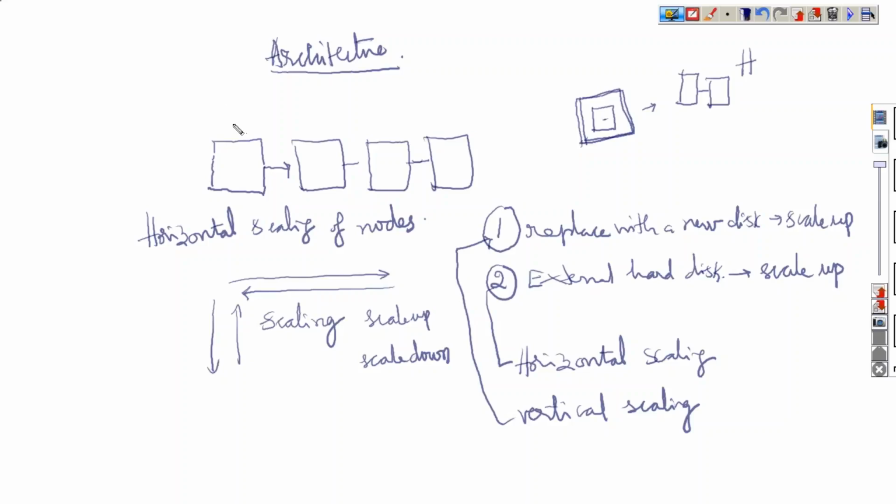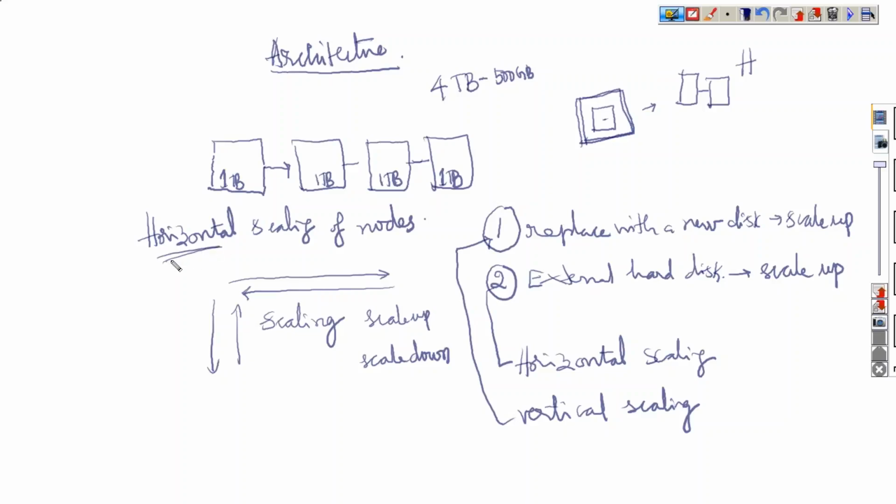Let's say here we have four machines. Let us say the capacity of each machine is 1 TB. Let's assume 1 TB, 1 TB, 1 TB, and 1 TB. So what is the total amount of data that can be accommodated in these four machines? Total 4 TB. Suppose I have some extra data, 500 GB now. What should I do now? How is Hadoop going to provide a solution to accommodate another 500 GB of data with the already existing 4 nodes? What does it have to do?